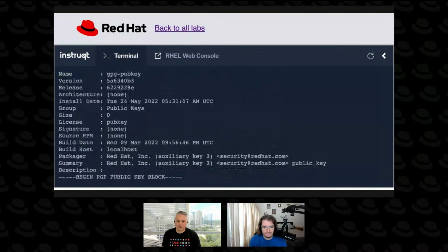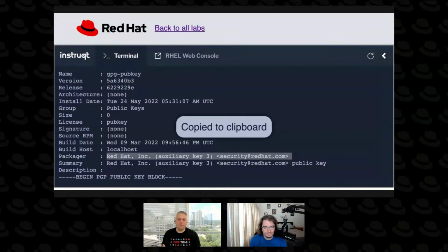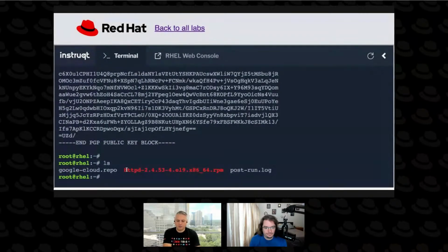But more importantly, in this top part, we get things like, what is it? Where did it come from? Whose key is this? And so you can see what keys came from where. And then if you have a package, so I actually downloaded this package earlier, and I got it from rpmfind.net. If you've not seen it before, rpmfind.net, you put in the name of a package and it shows you all the places where you can get it. And I just pulled one, and if I wanted to make sure that this is really Enterprise Linux 9,